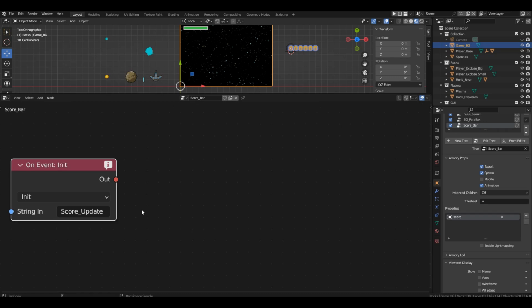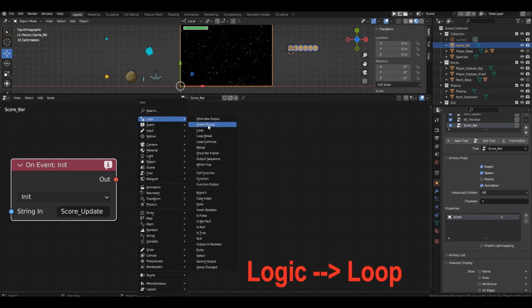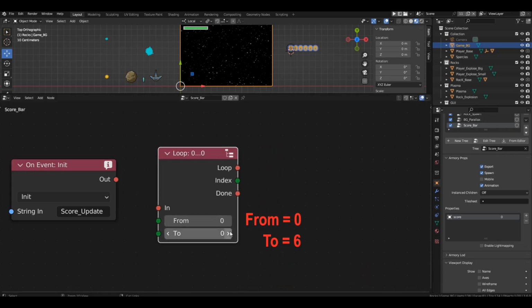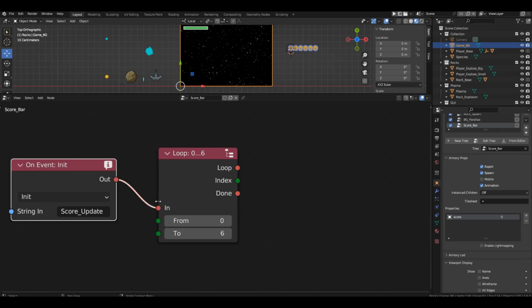To avoid creating unnecessary blocks and taking up space on the screen, let's do this using a loop. Get the loop block. Set the range from 0 to 6. In each loop, we need to take each of the 6 objects and change its texture depending on the value of the corresponding column. Let's obtain the name of the object for the current iteration. We will iterate through the objects in order, from the first to the 6th.